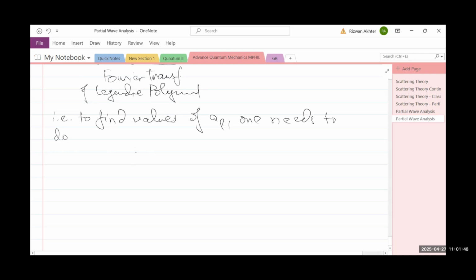So one needs to do the Fourier expansion of the spherical Bessel functions